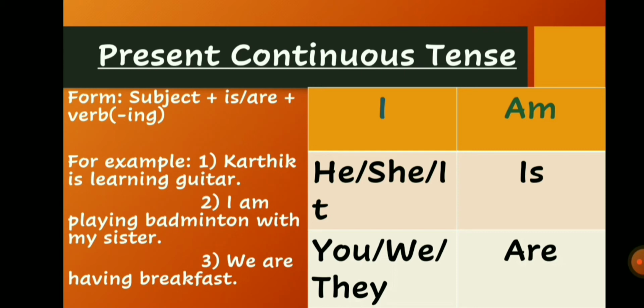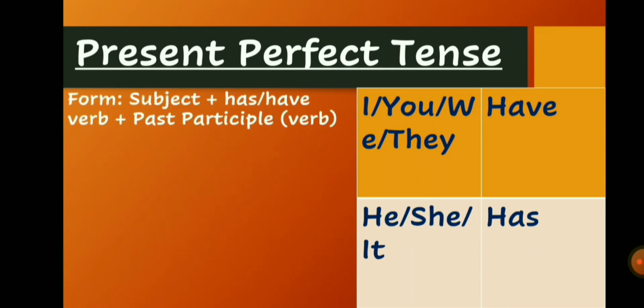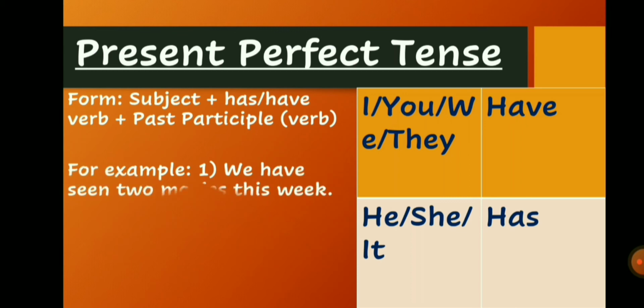Then now we will study the third type, that is present perfect tense. In present perfect tense, it is the action that has taken place once or more times before now. It talks about experiences that have taken place. In present perfect tense, we have subject plus has or have plus past participle. Now here past participle will be in the V3 form. You might be thinking what is V3 form. V3 form means the verb will be in the ed or en form.